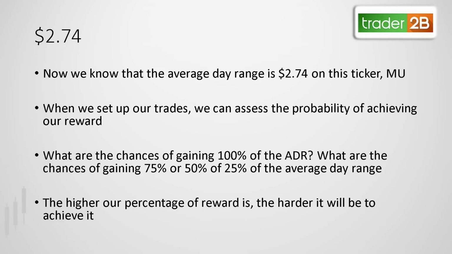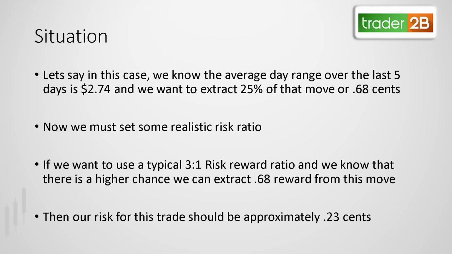MU. And understanding that will allow us to know when we enter this particular stock, we can let this stock ride for at least over a dollar. We're looking at maybe $1.30, a little bit more around there. So that would be about 50% of the average day range on this particular stock. So once we understand this, we can set up healthy risk reward ratios that will allow us to capitalize in